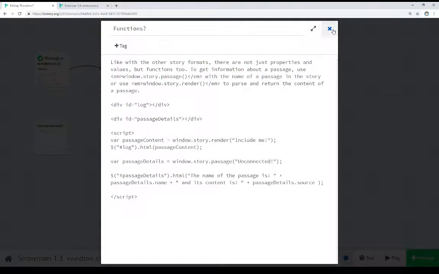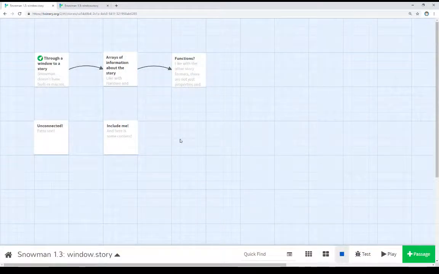So in this video, I've covered very quickly ways of working with the window.story global object. It has its own properties, things like the name, the starting passage ID, as well as what created it, and a number of other properties as well. It also has some existing functions like passage and render. Passage allows us to go look up a passage object representing a named passage. We say, hey, go look for this passage, and we give it a name, and it returns an object representing that passage. And also window.story.render, which allows us to immediately render the contents, run it, if it includes any underscore template functionality, to translate that or do anything with it,